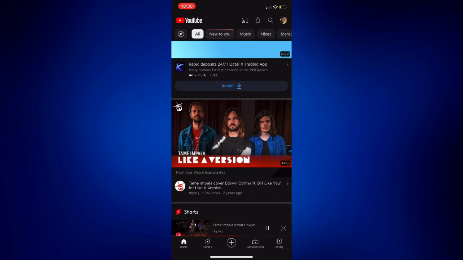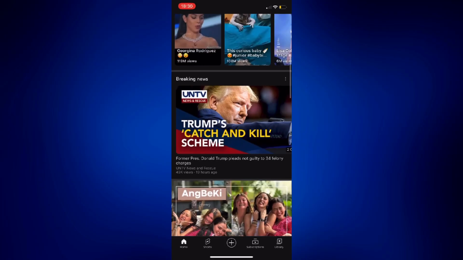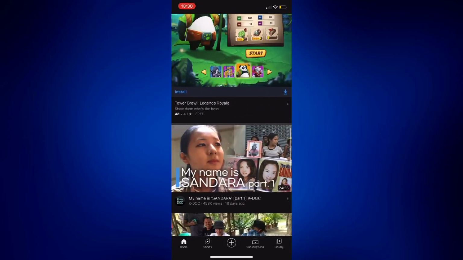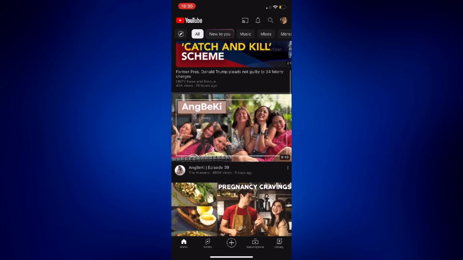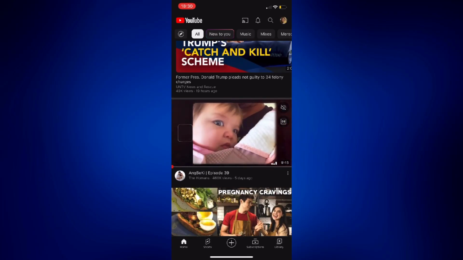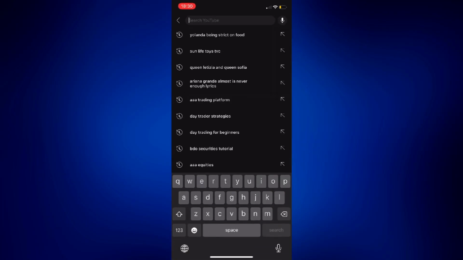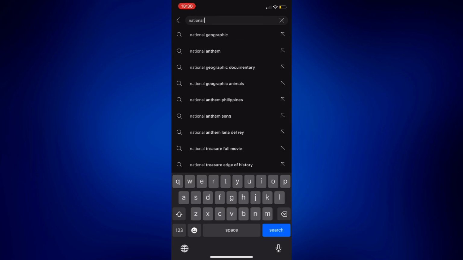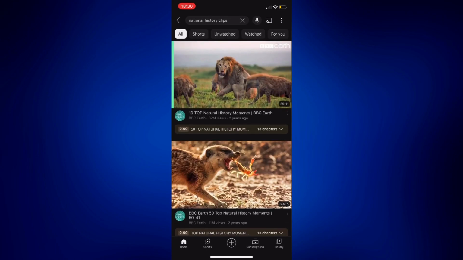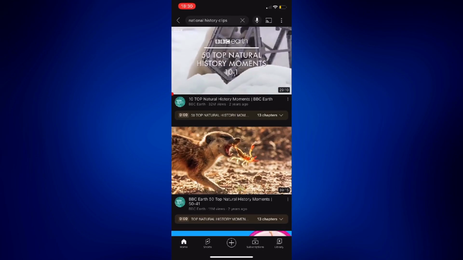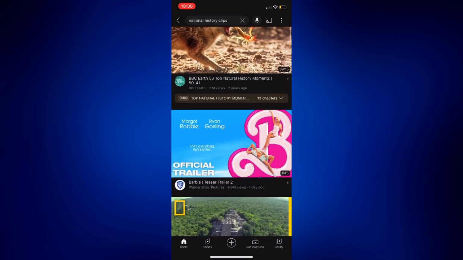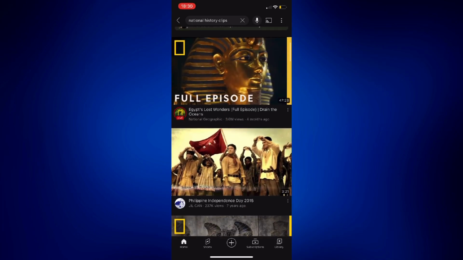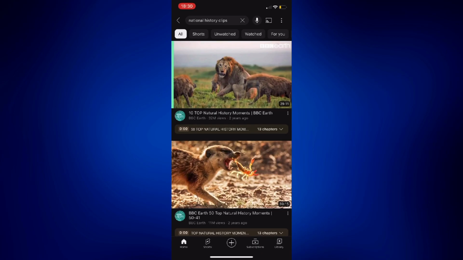And you can just scroll down and look for other videos you'd like to watch. You can also just look up a video if you want to watch a specific video. So let's say we want to watch natural or national history clips. Just tap on the search icon there and you can now scroll through the results. So it's really up to you what you want to watch, but that's how easy it is to navigate the